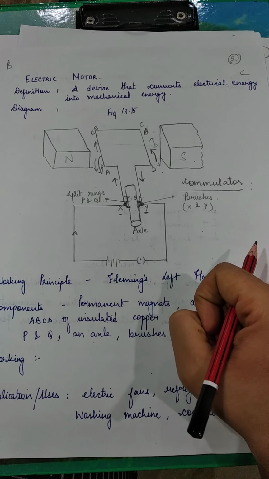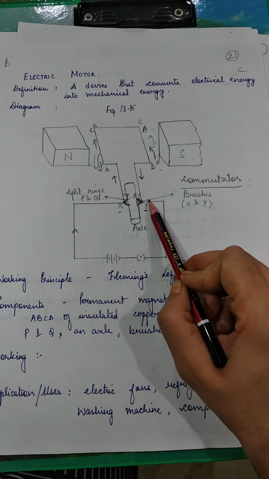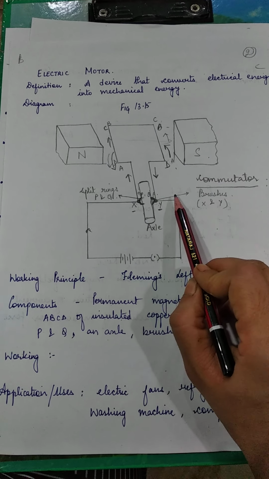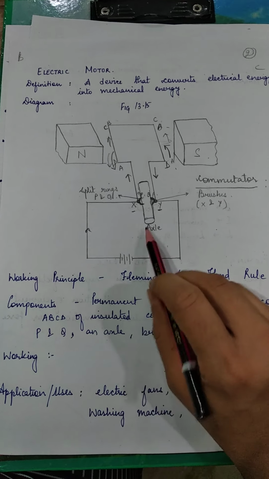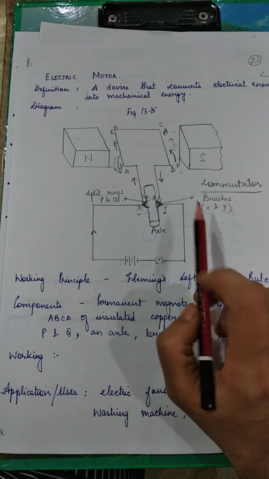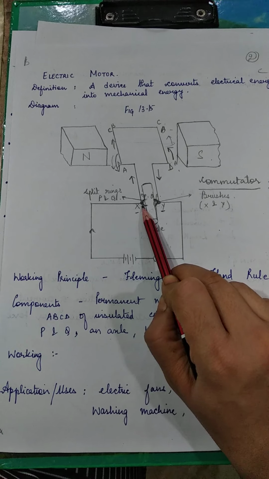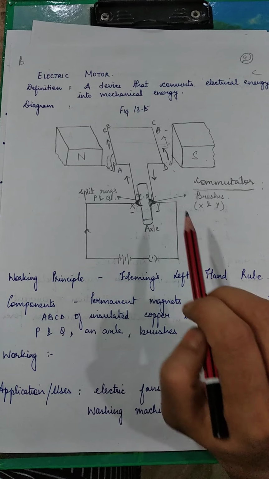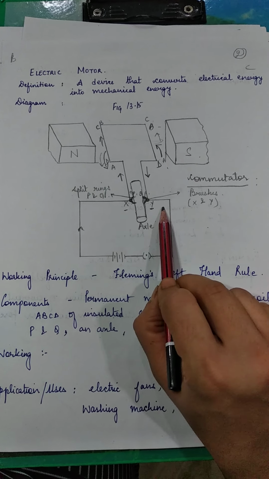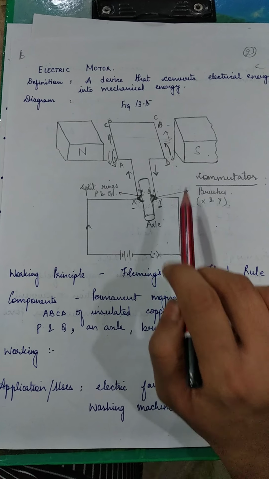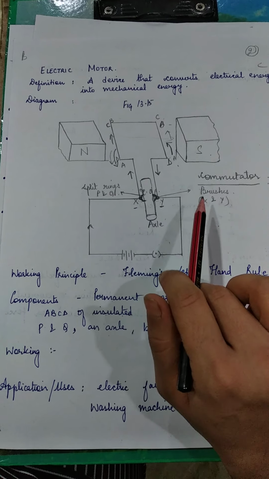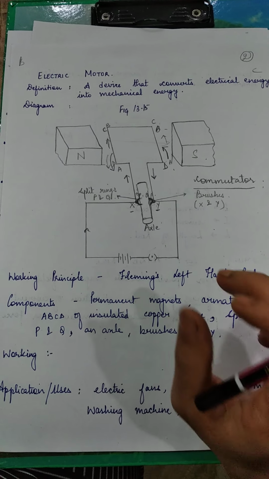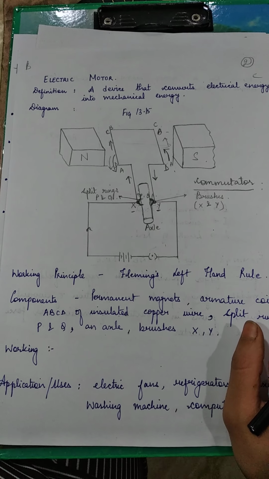as commutators. Okay, X and Y are the carbon brushes. What are they doing? They are acting as an interface between the external circuit and the armature coil. So what is happening? The current from the external circuit is flowing through these carbon brushes into the armature coil. Okay, so that's the role of the carbon brushes, and we've already studied the role of the split rings. What is the role of the armature coil? The role of the armature coil is it is used to increase the power of the motor. So armature coil always increases the power of a motor, right?